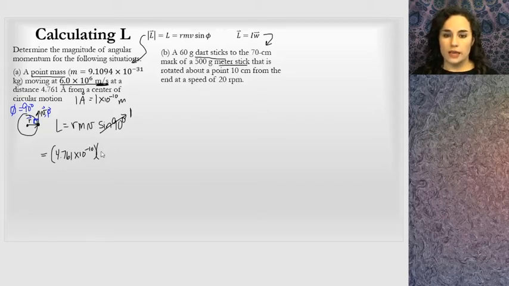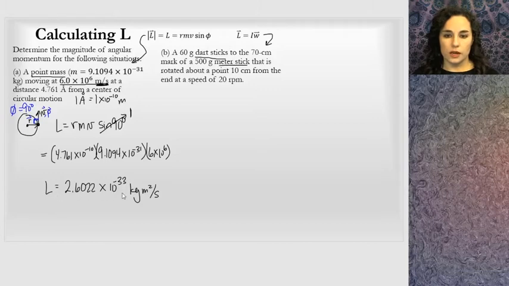The mass, and you may recognize this if you've done a lot of work with atomic physics, is the mass of an electron, 9.11 times 10 to the negative 31st kilograms. And the velocity is still in here. The velocity is 6 times 10 to the 6th. When you run this through your calculator, you get a value of 2.6022 times 10 to the negative 33rd kilograms meters squared over seconds,